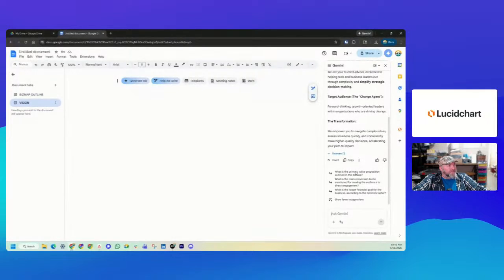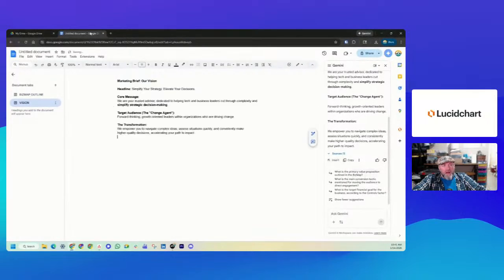So, I'll start just creating different ideas here. You can say, like, headline: simplify your strategy, elevate your decisions. We are your trusted advisor dedicated to helping tech and business leaders cut through complexity and simplify. Target audience: forward-thinking, growth-oriented leaders within organizations. What's the transformation? We empower you to navigate complex ideas, assess situations quickly, and consistently make. I'm going to say,